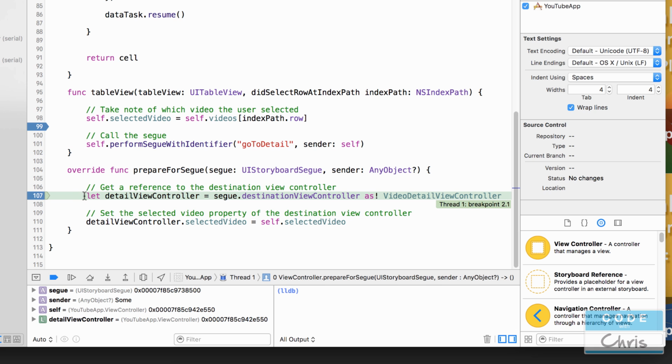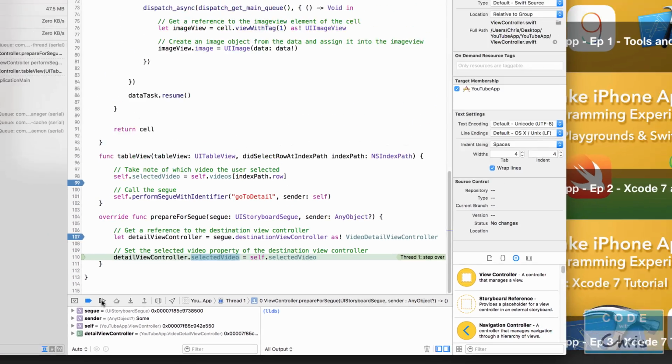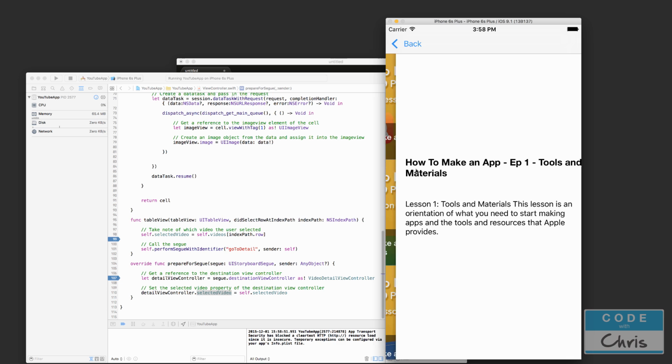So there we go, it jumps to here now. And this is fine because now we've actually set self.selectedVideo. So DetailViewController is going to have that video. So continue program execution. And now you can see here on the detail view that our title and description is